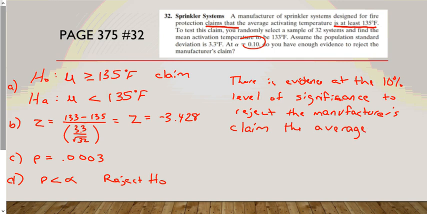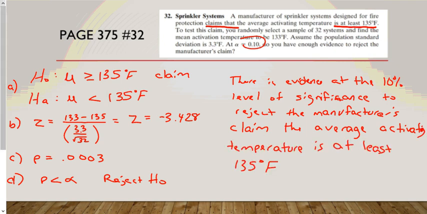Probably should have just written this out and paused it, and then you wouldn't have to listen to me read so slowly. Okay, so there is evidence at the 10% level of significance to reject the manufacturer's claim that the